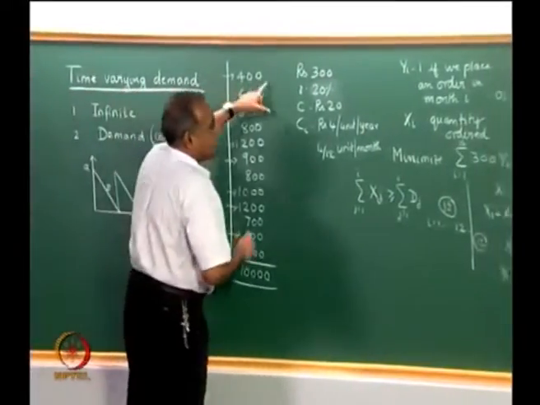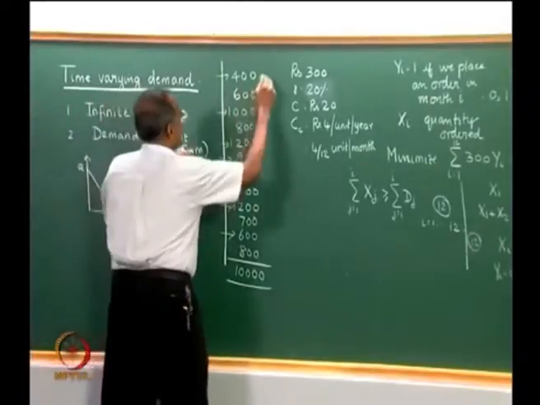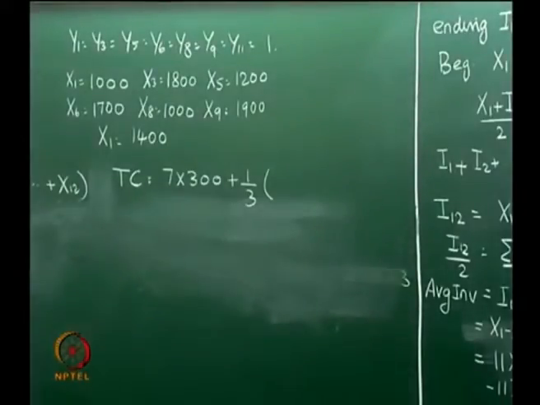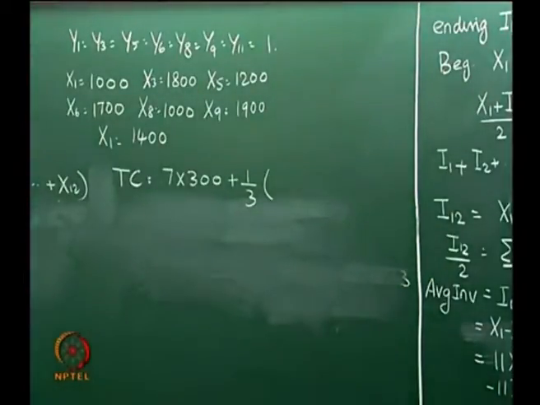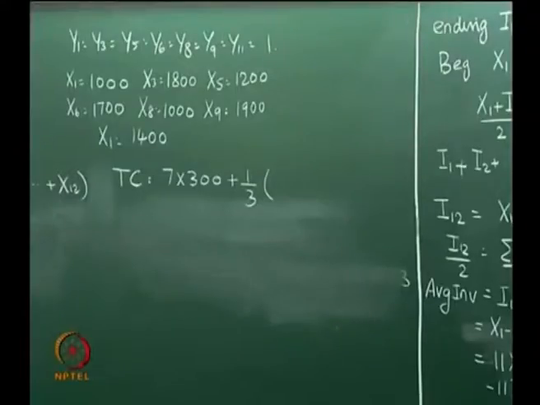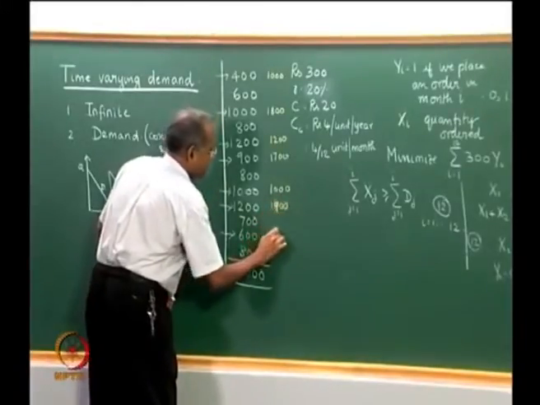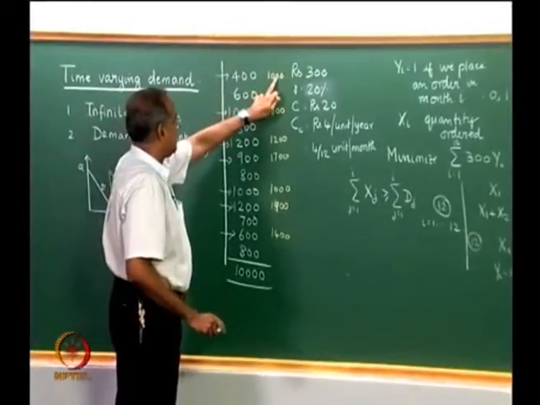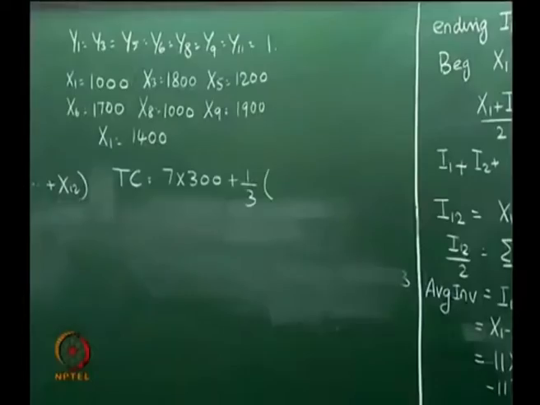So let me write down the points we order using a different color, perhaps yellow. So we will have 1000 ordered here, Y3 is 1800, this is 2100, I am sorry, 1200, 1700, 1000, 1900, 1400. So first month beginning inventory is 1000, ending inventory is 600, so 1000 plus 600 divided by 2 is